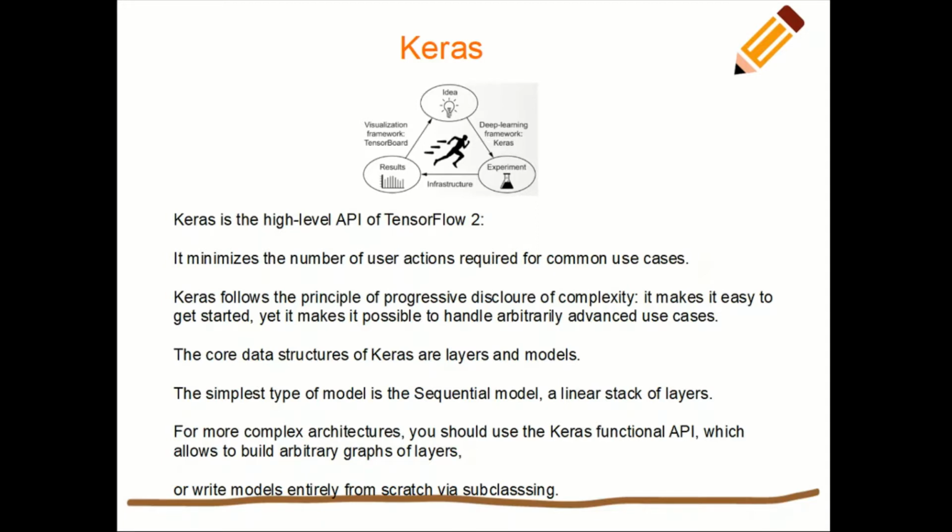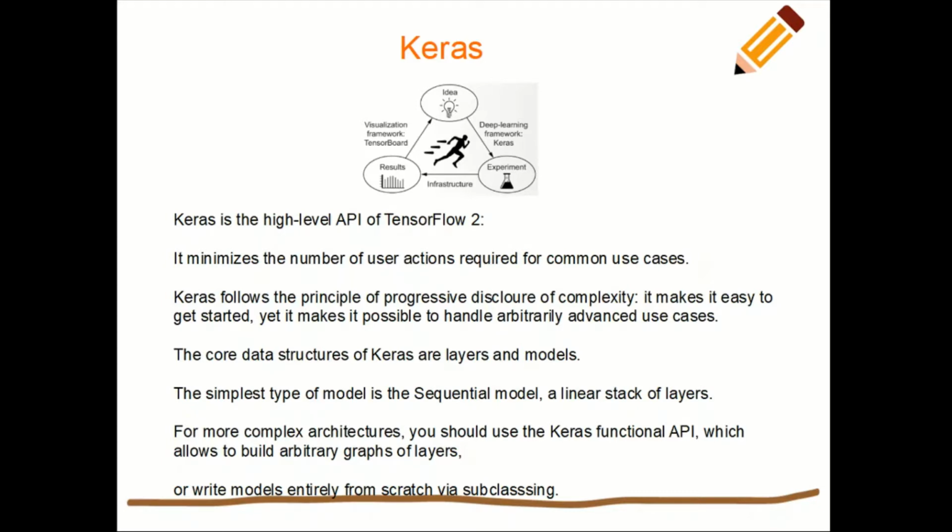So Keras is built on a few basic principles. Number one principle is it tries to minimize the number of user actions required for common use cases, say something like training a model, evaluating a model, getting predictions from the model, right? So the principle there is the Keras API is made for humans and not for machines actually.